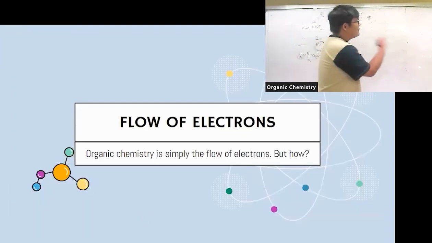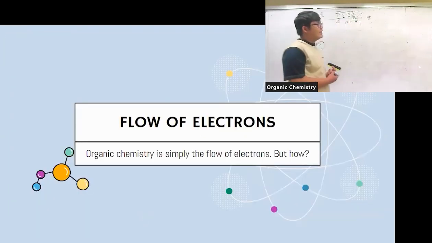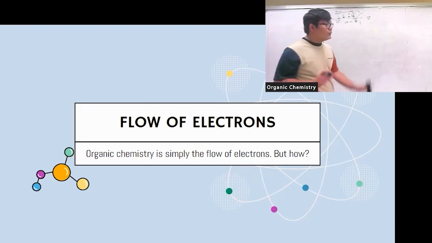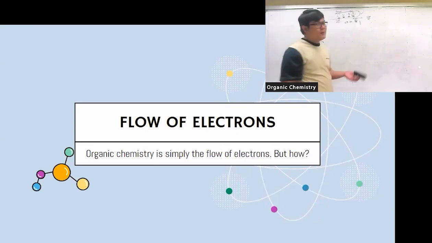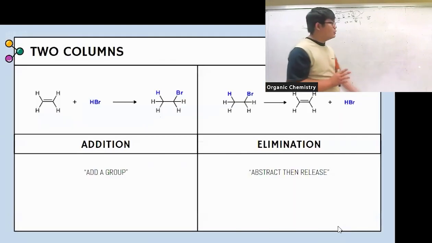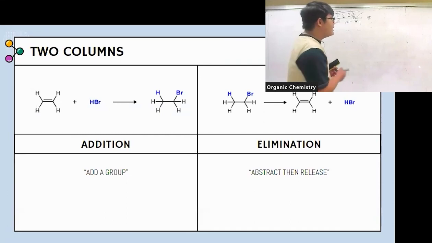So that's what I want to say: the flow of electrons in organic chemistry is simply from a region of high electron density to a region of low electron density. That means if one molecule is highly negative, it has a greater tendency to attack. That's the exact term used in organic chemistry textbooks. It will attack. Okay? So let's show how we do